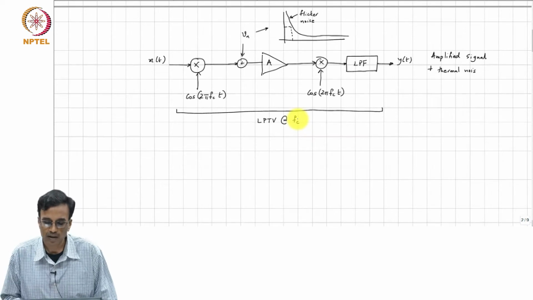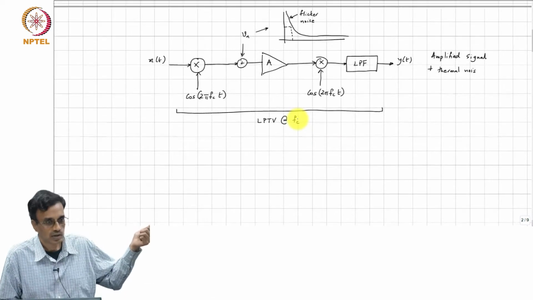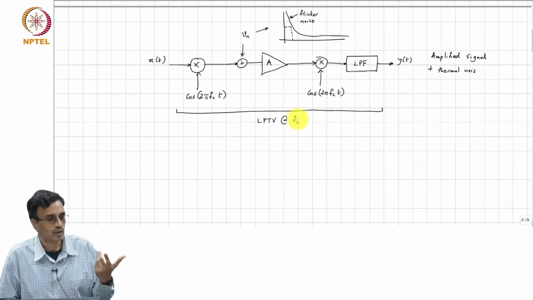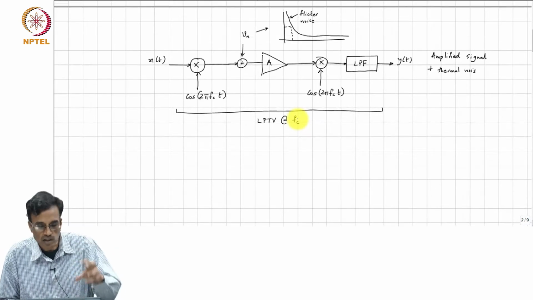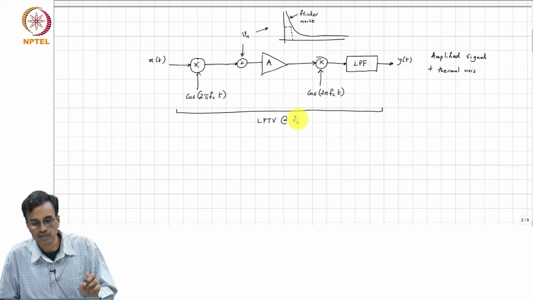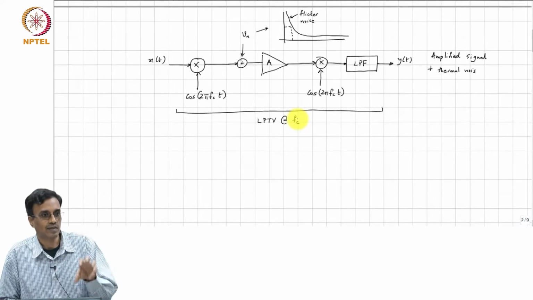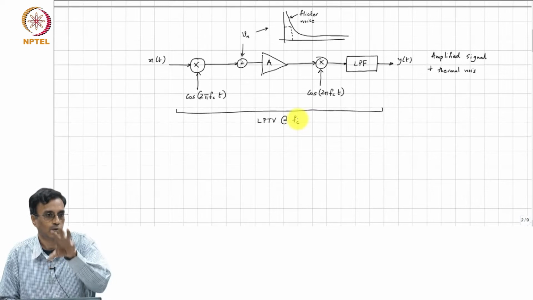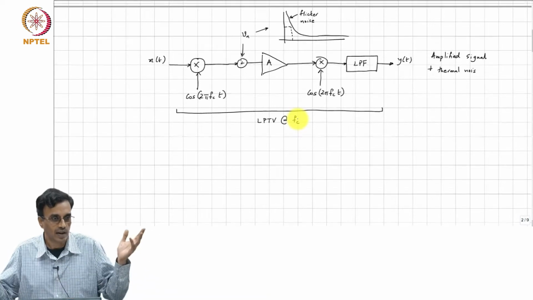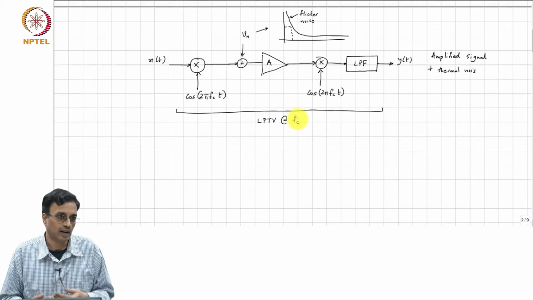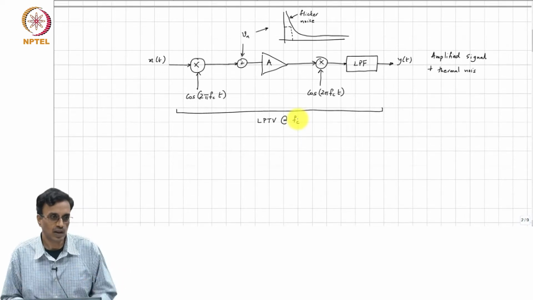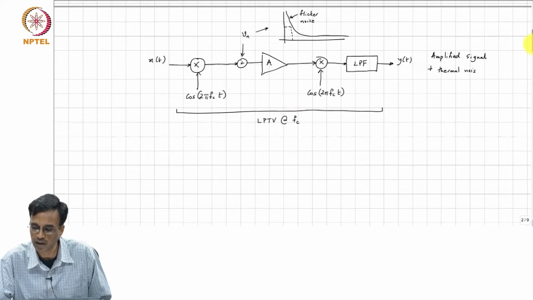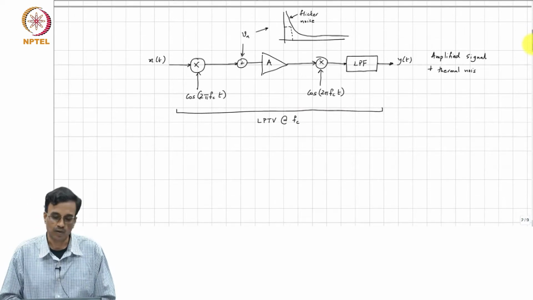So, to do that, we recognize that there are two inputs, and we do not know what frequencies can translate to baseband. One way of doing this would be to, for each input, go on putting FC to 0, FC, 2FC, 3FC, 4FC, and so on until you are blue in the face, and this will take a long time. The smart way to do it is to use the principle of the adjoint network and use frequency reversal.